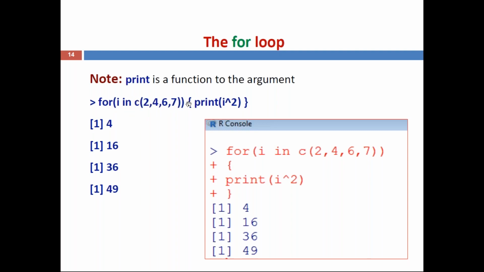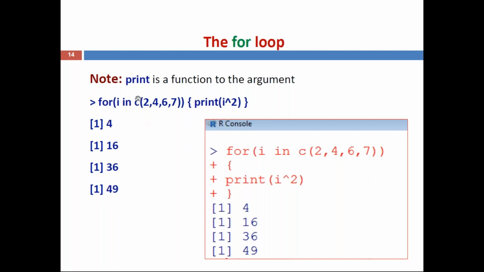So at that time, we can use the c function, c of. Then print i power 2, simply taking the power of 2, the square value for all i values. Here the print function is a function with an argument. Whatever you write inside the print will be printed. Then after executing this for loop, this is the output.